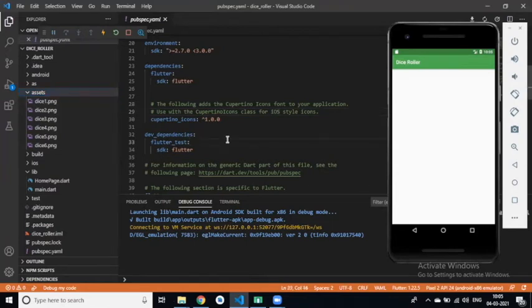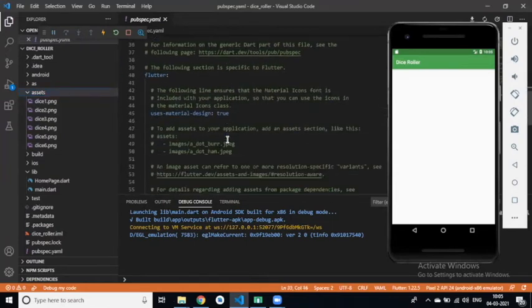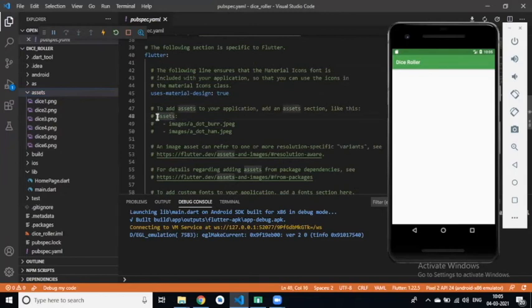Okay. Then now you have to define this asset image in your pubspec.yml file. So simply uncomment this line, and remember this is a two tab. Indentation is compulsory in this pubspec.yml file.